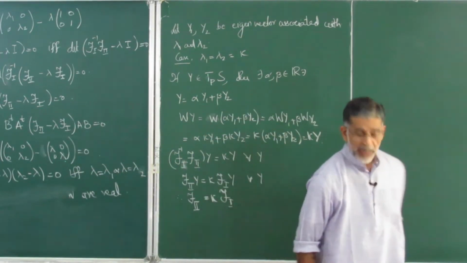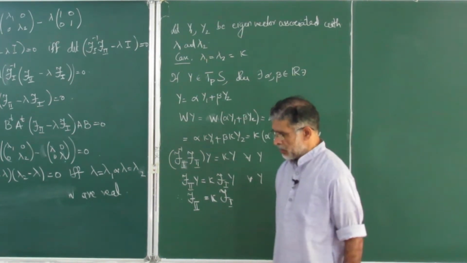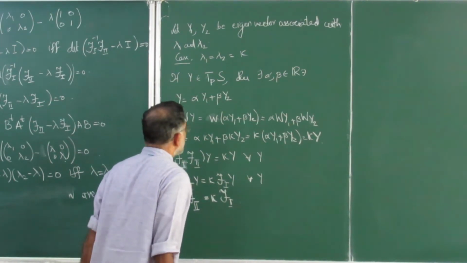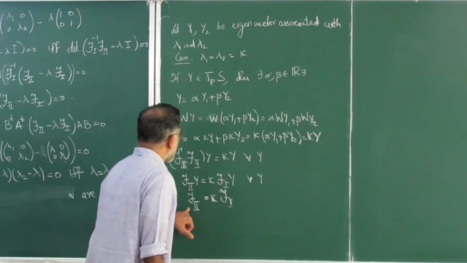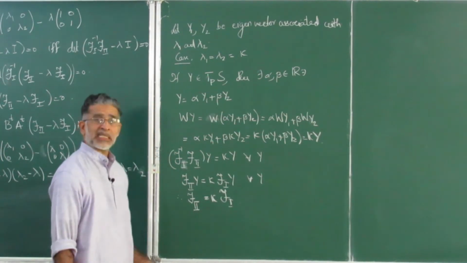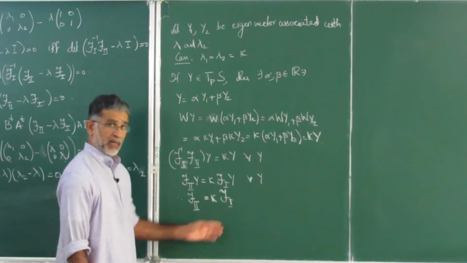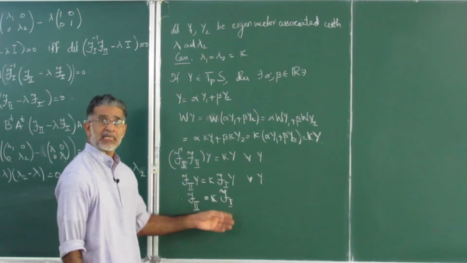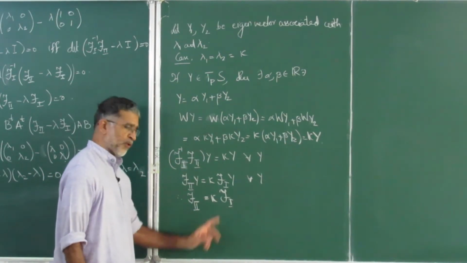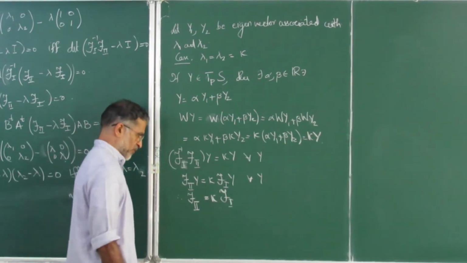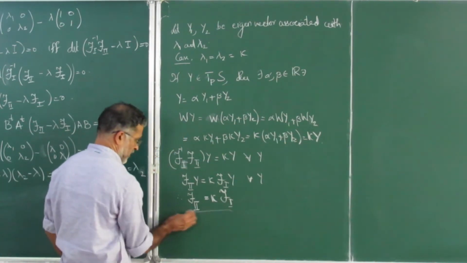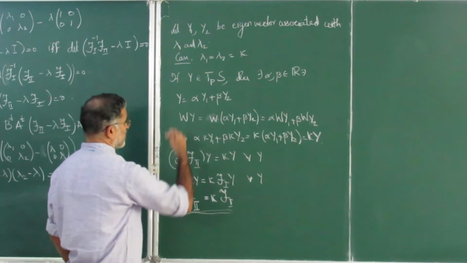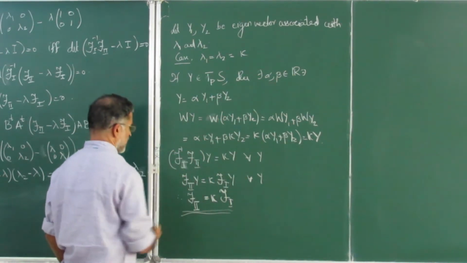If the eigenvalues are the same, which means your W is just a scalar multiplication, then your second fundamental form is just a scalar multiple of the first fundamental form. There are examples we have seen, and I will come back to that, where you explicitly see such examples where the second fundamental form is nothing but a scalar multiple of the first fundamental form. So that's what you see if your eigenvalues are the same. Okay, we'll also come back to its geometric meaning. There is a name for it, etc.